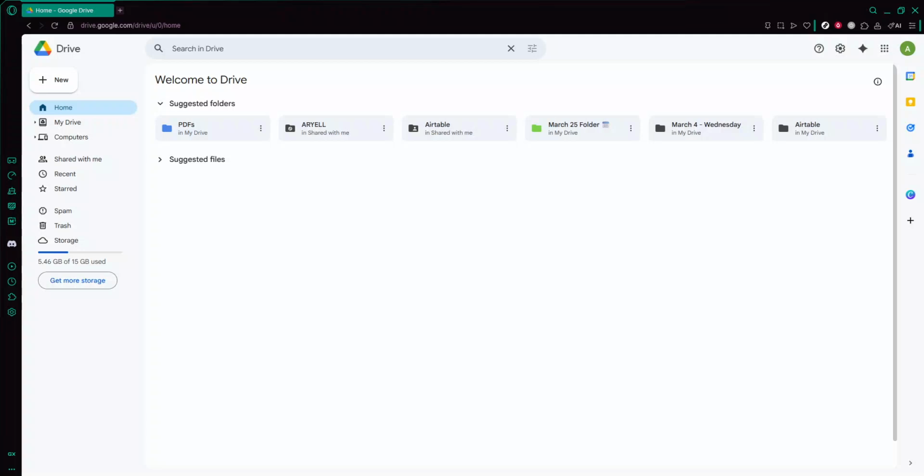In this video, you'll learn how to edit a shared document in Google Drive. Whether you're collaborating with classmates, co-workers, or friends, being able to quickly jump into a document and make changes is one of the most useful features of Google Drive. I'll walk you through the entire process, step by step, so you know exactly what to do when someone shares